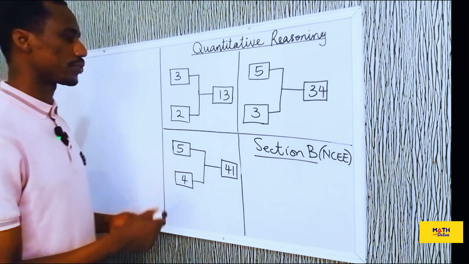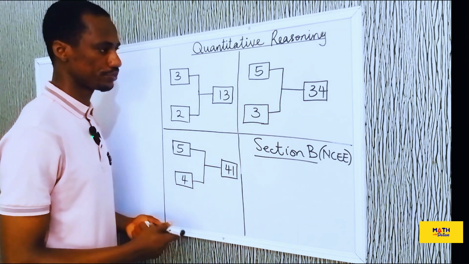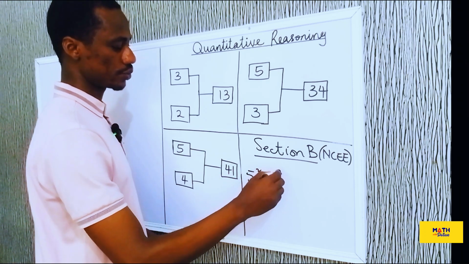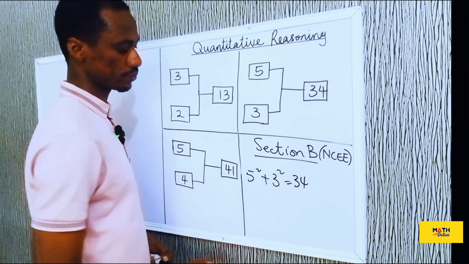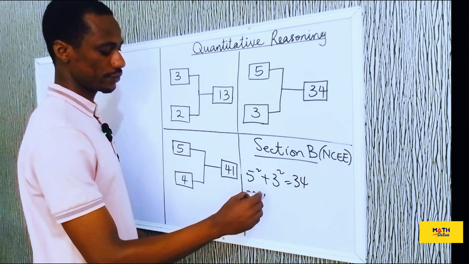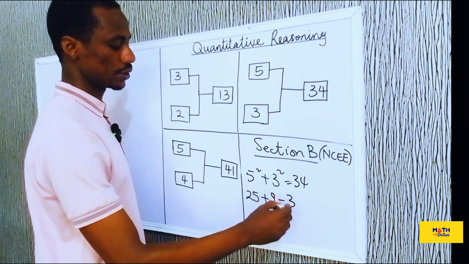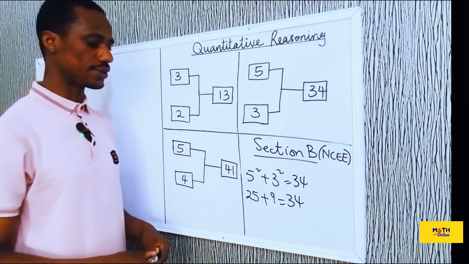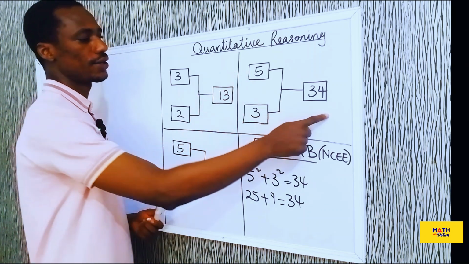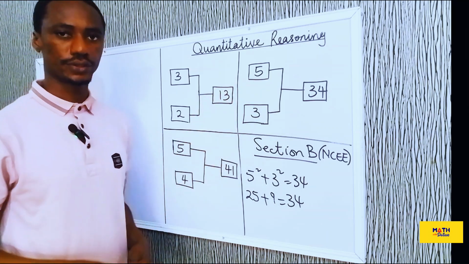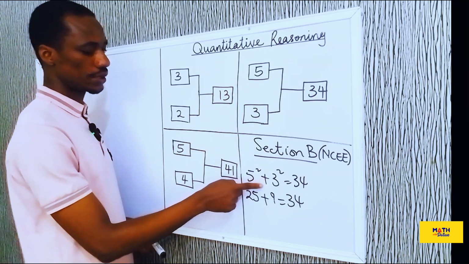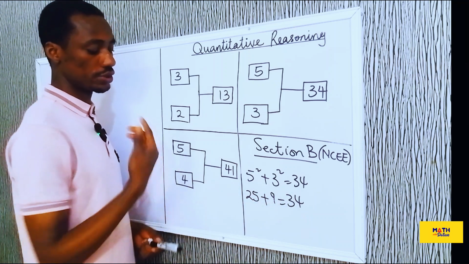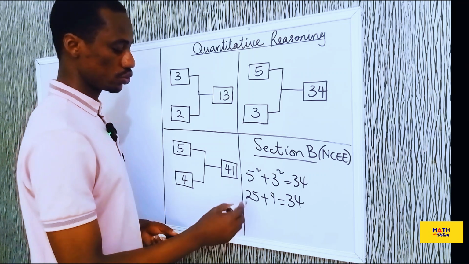So that having said, let's write out, let's use this particular sample. We have 5 squared plus 3 squared equals 34. So 5 squared is 25, 3 squared is 9, and that equals 34. But one thing we must do in analysis is to see how to come back from this point and get this component. Remember that there is an addition here that led to this. So the first point of call will be the subtraction. If we are coming back, we're going to do